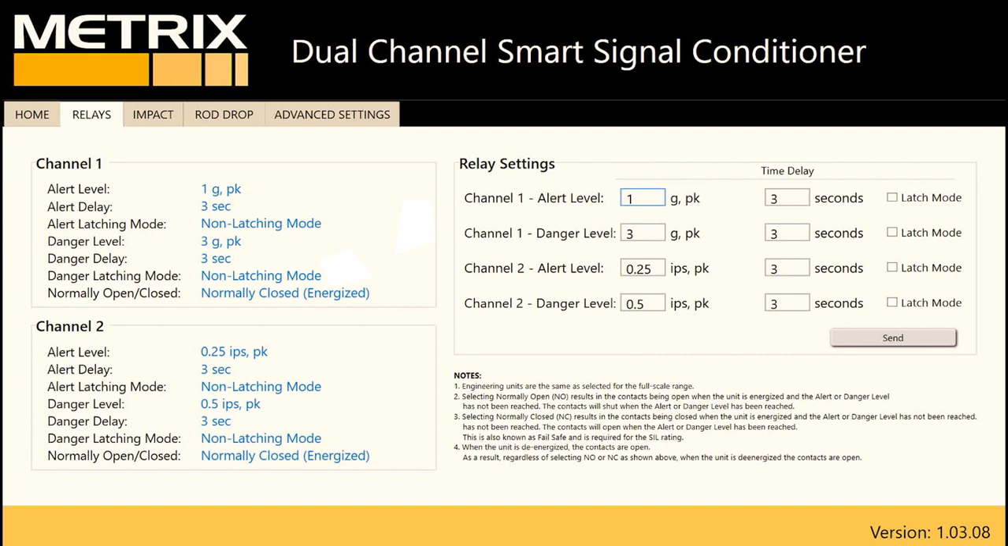For channel 1, which is G's, and we have a 0 to 10G scale, we have an alert at 1G and danger at 3 Gs. And for the integrated velocity, we have 0.25 inches per second peak and danger at 0.5 inches per second peak. You can also see on this screen